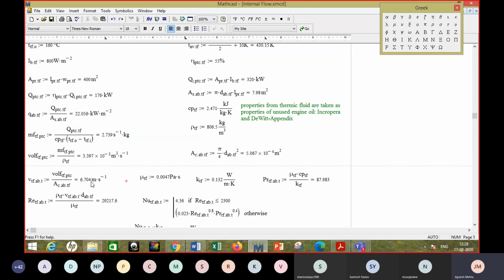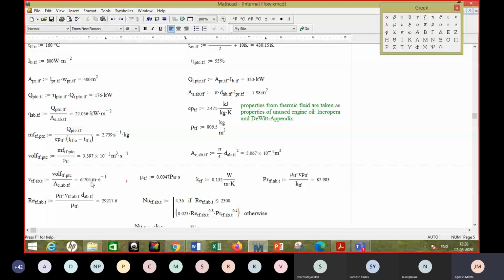So when Prandtl number is higher, in case you get the laminar flow, you should also check for the developing length or entry length. But hopefully that might not happen. If the flow is turbulent, then you need not worry much about the entry length. So you can find out the Reynolds number, and Reynolds number is rho Vd upon mu. As I have calculated, the Reynolds number is 29,217 or 218. That's the value of Reynolds number.